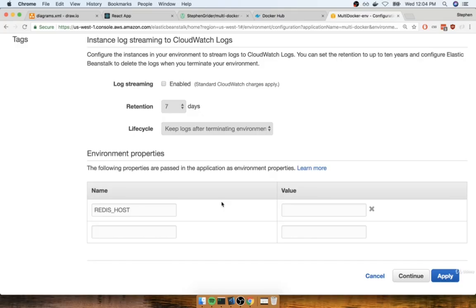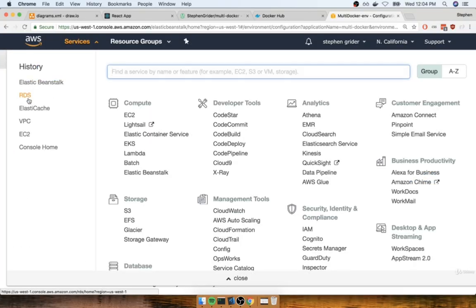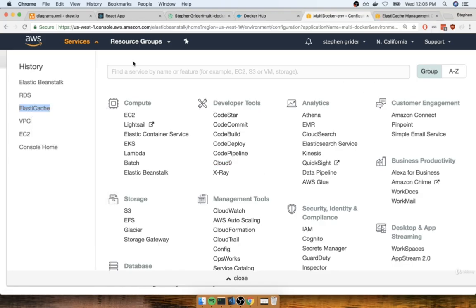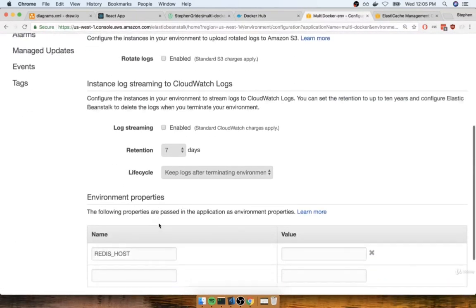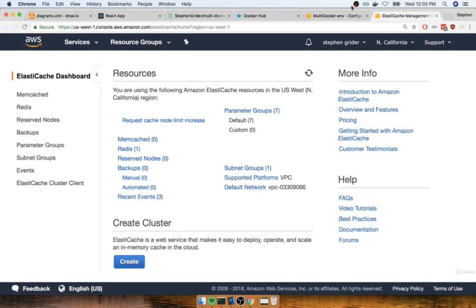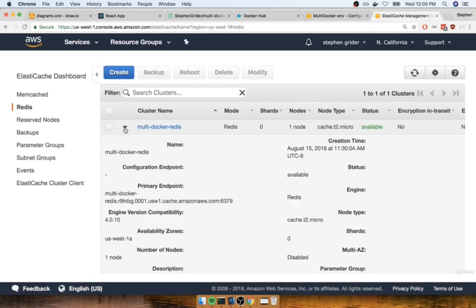So to get that, we need to actually flip on over to the ElastiCache dashboard one more time. So I'm going to scroll up, I'll go to Services, and then I'm going to open up ElastiCache in a new tab. And then I'll close the Services dropdown and go back down to Environment Properties. Now in the second tab that I just opened up, I can look at Redis. I can click on the little arrow right here to expand